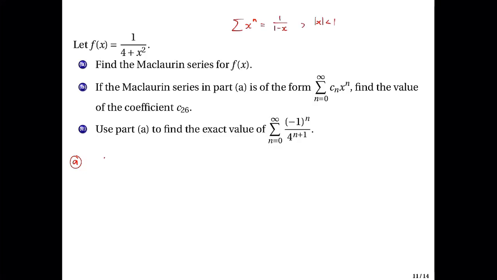So what we're going to do is to write f of x, which is 1 over 4 plus x squared, as 1/4 times 1 over 1 plus x squared over 4. And then if the absolute value of x squared over 4 is less than 1, then